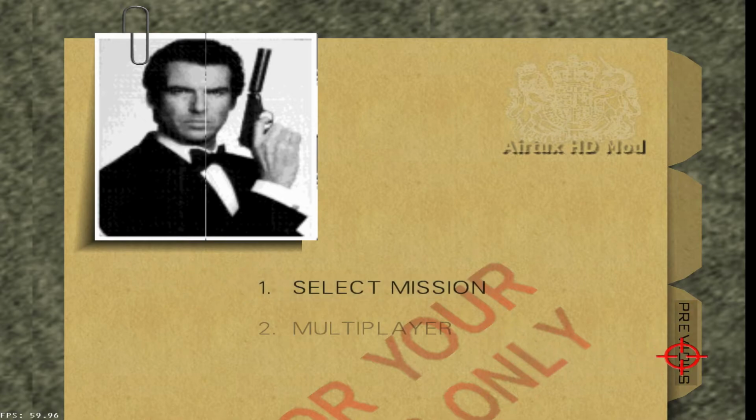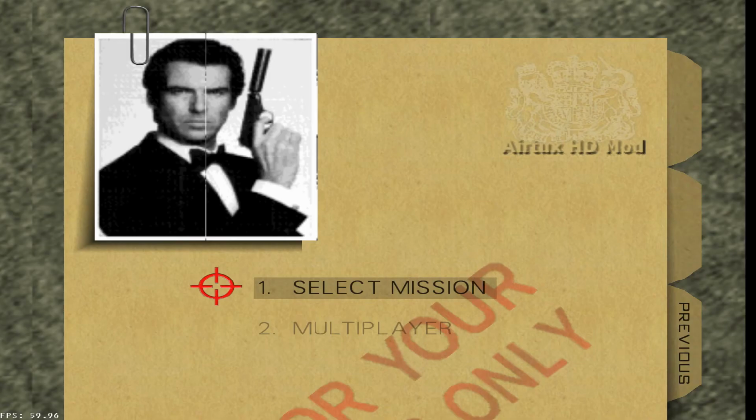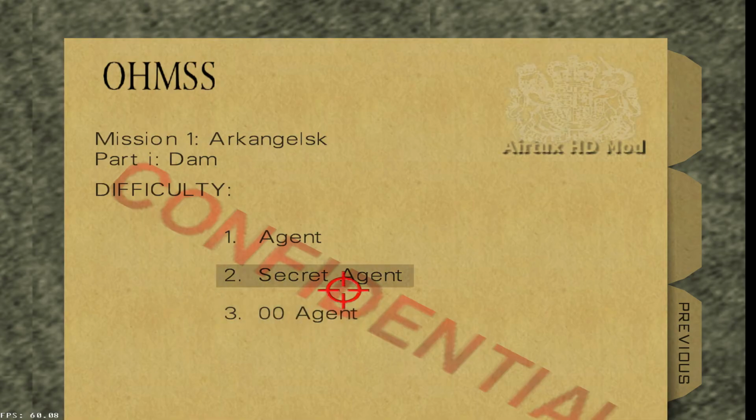This is GoldenEye running with a mouse injector, so you can see the controls really well. This is Stolen's mouse injector I'm using, and I'm using 1943 to emulate. So we're getting 60 frames per second and some HD textures, and you can see this text is really crisp. It's like an HD mod. I honestly think this is the best way to play GoldenEye today, and I'm just going to go ahead and